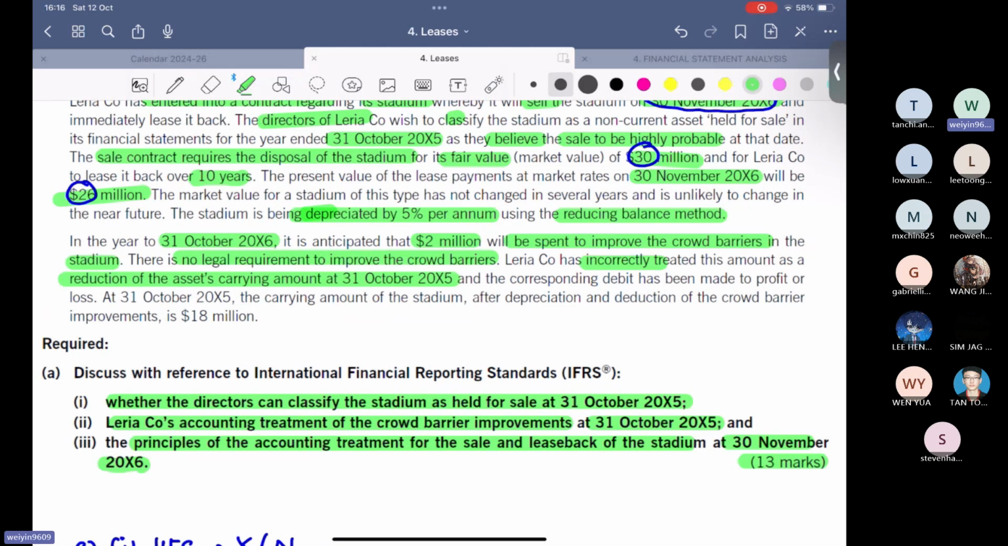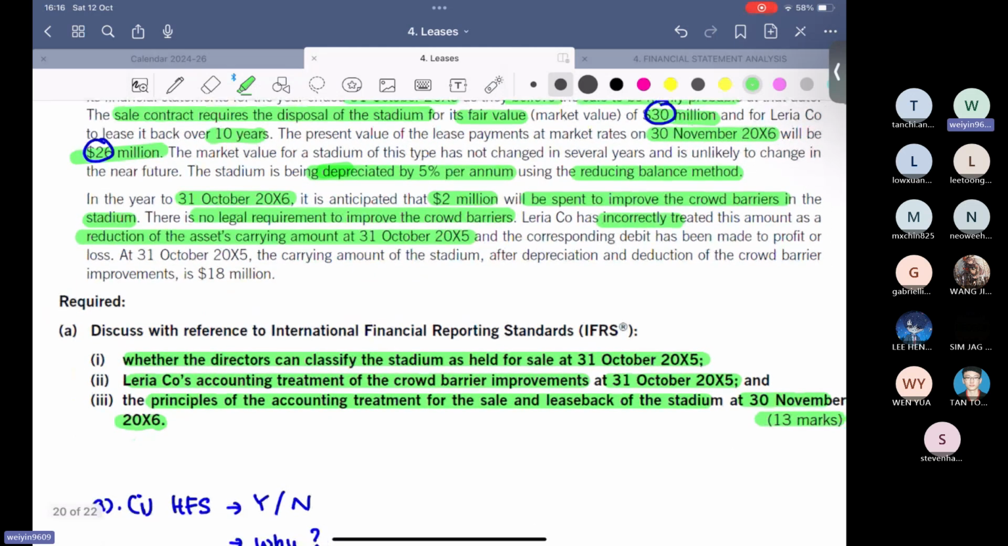Wow. That means the thing is going to happen in 20X6, but then the company recorded it in 20X5, so it was treated 1 year in advance, all right? And the corresponding debit has been made to P&L. And at 31st, so that means this one, you see how the question tricks you. They will debit P&L and then they credit Stadium. How do I know they credit Stadium? Because it said reduction. Reduction, that means you reduce the value of your asset by 2 million